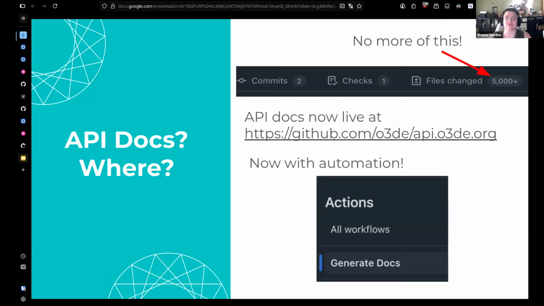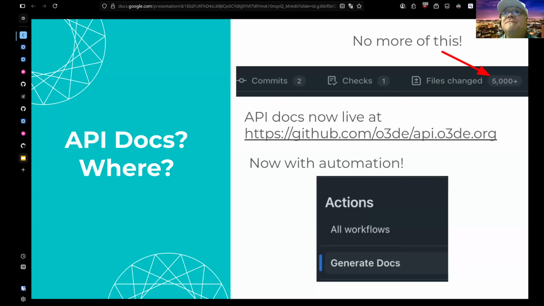One of those big foundational things was pulling out the API docs from the main repository, so we don't have these big, massive, very difficult to work with pull requests whenever we do big updates now, and it's automated.